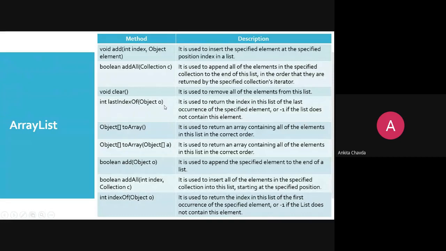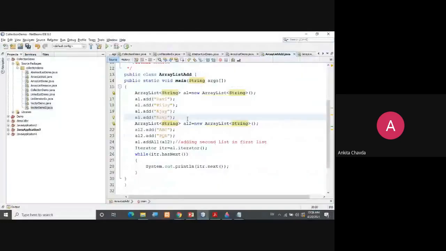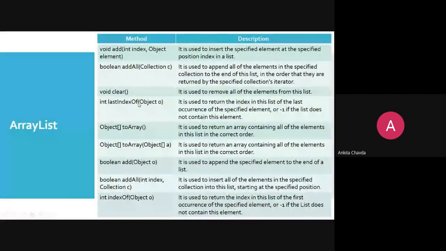If I write AL.lastIndexOf of any other name like ABCD, it will return -1 because there is no such element in the list. If it does not find your element in the list, it will simply return -1.